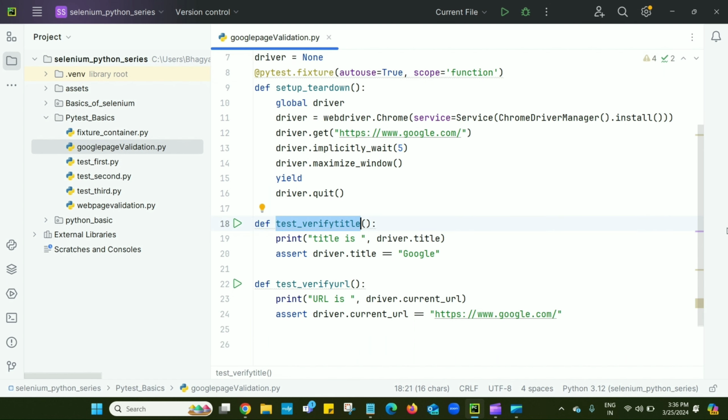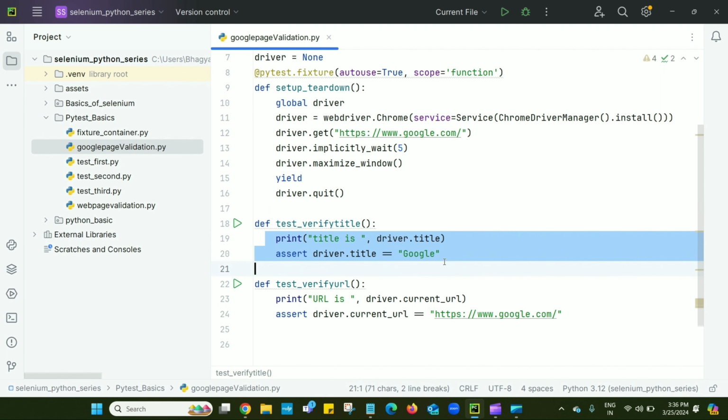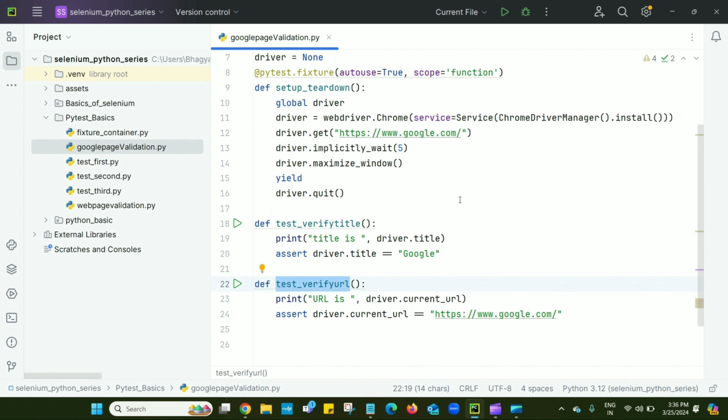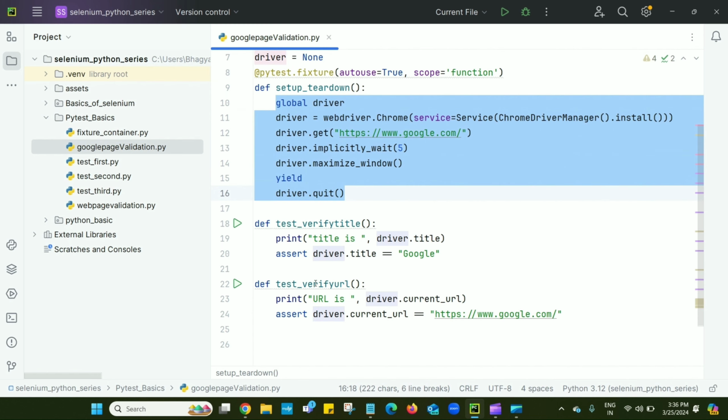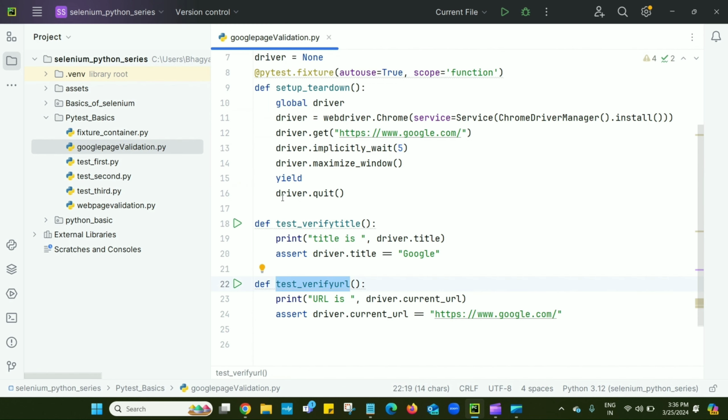As we have seen earlier, for the verify title test, it launches the browser, opens google.com, validates this stuff, and after that it closes the browser. Again for the second test case, it does the same stuff and opens the browser. So all these steps are performed before each test case, and it will quit the browser after each test case.